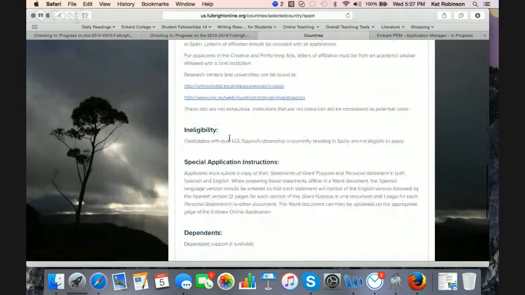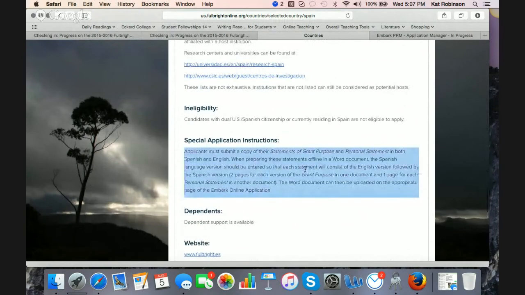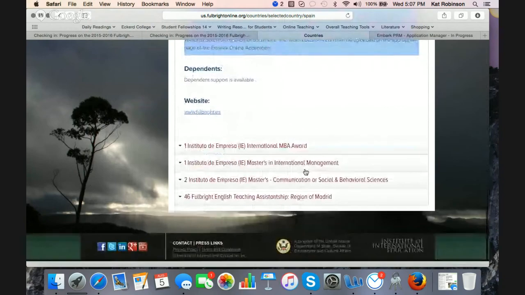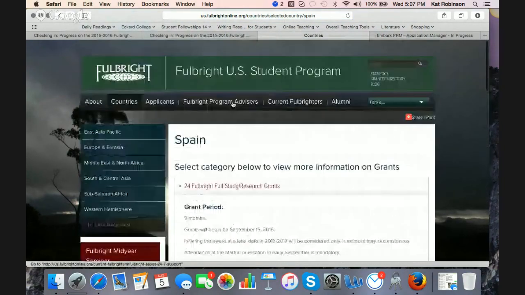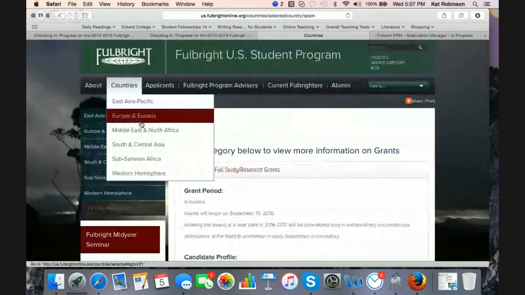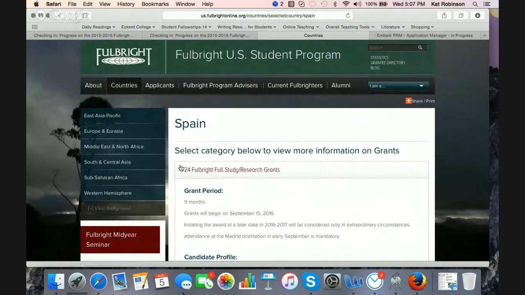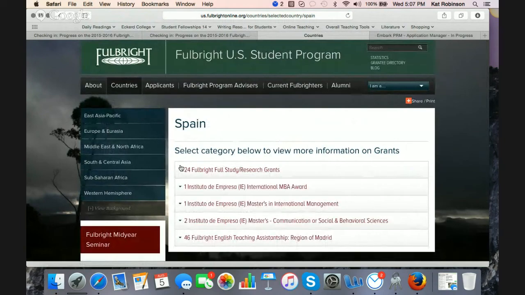There are also any markers that would make you ineligible, such as you being a dual citizen, or any of these special application directions. And they have the specific website right here. All the countries, for the most part, have their own websites, so you can get further information in those areas too. But as I mentioned, going into the countries and really becoming very facile with the information in your country and for your opportunity will help to make your application strong, because you're going to be aware of what they're looking for.